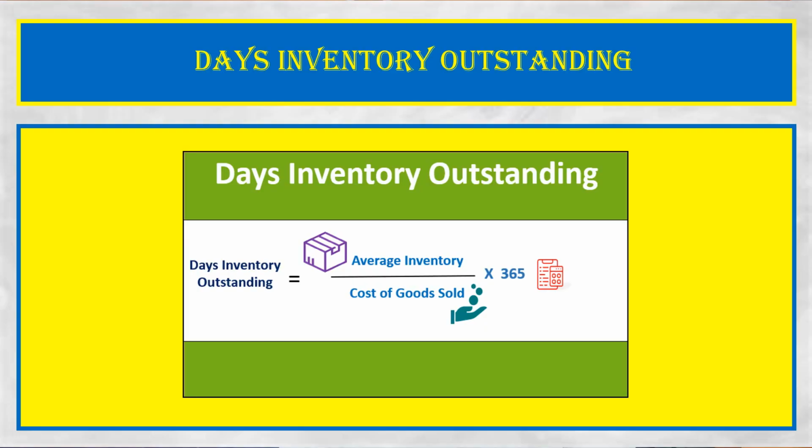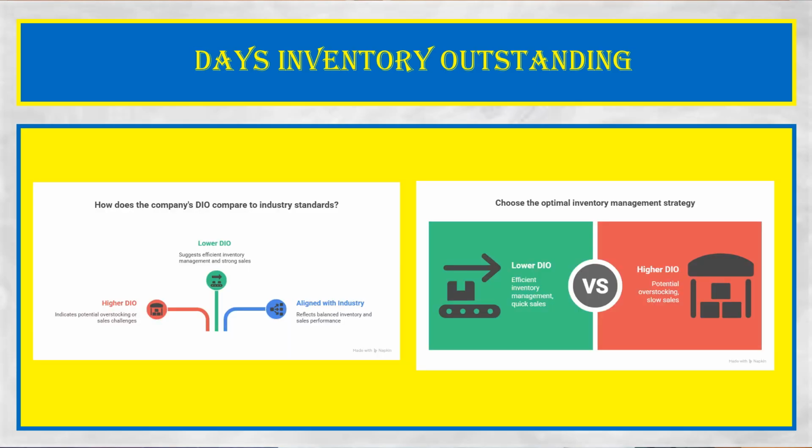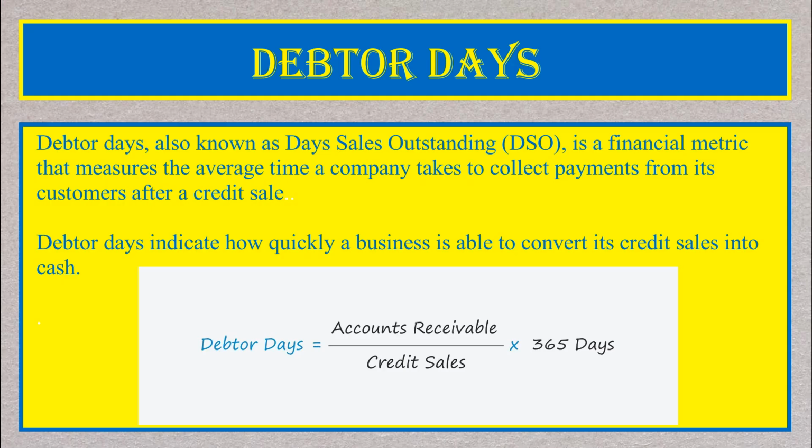Other than this, we have to calculate an inventory turnover ratio also. Days inventory outstanding is a financial metric that measures the average number of days a company holds its product in its store or warehouse before selling it to the customer. To calculate inventory days, we typically divide the average inventory by cost of goods sold and then multiply the result by 365, as there are 365 days in a year. Lower inventory days can indicate a company is efficiently selling its product, while higher inventory days might suggest slow sales, potential obsolescence, or inefficiencies in